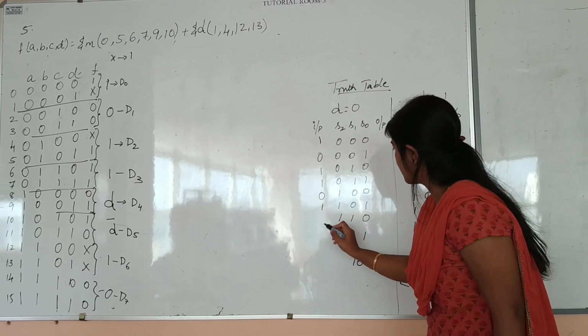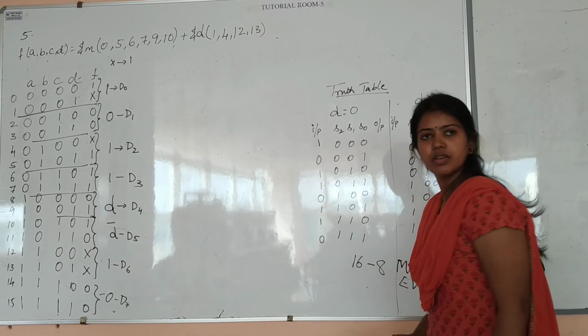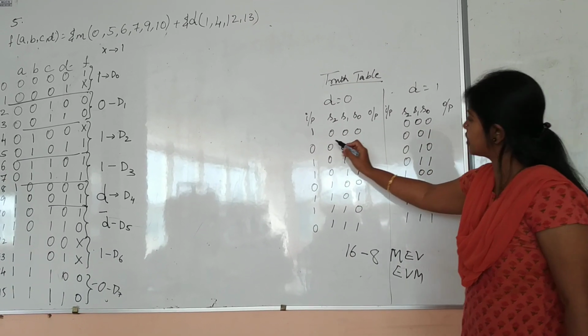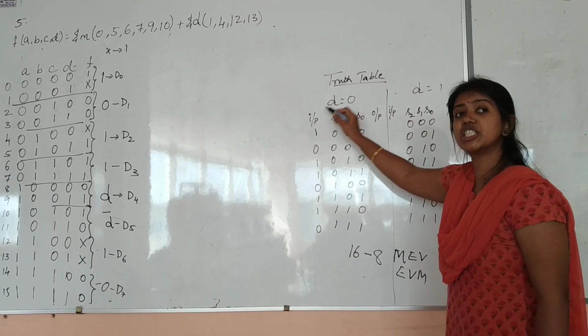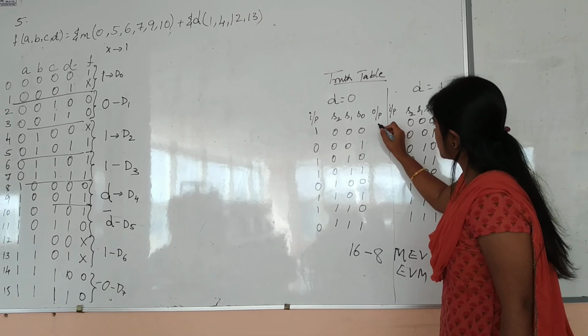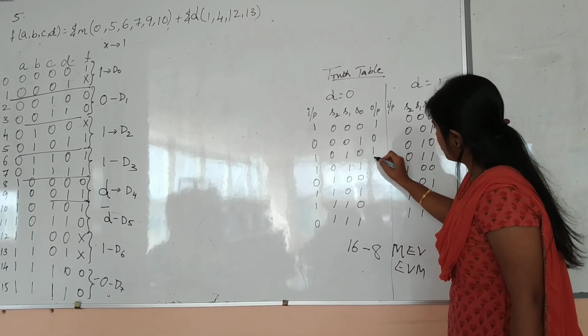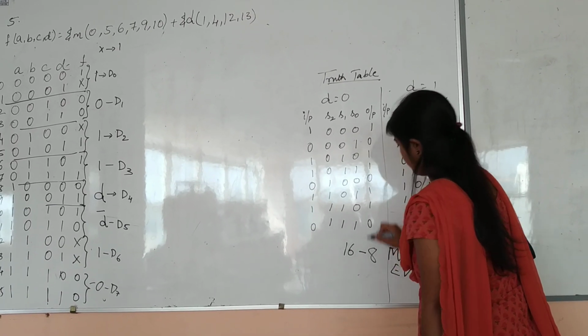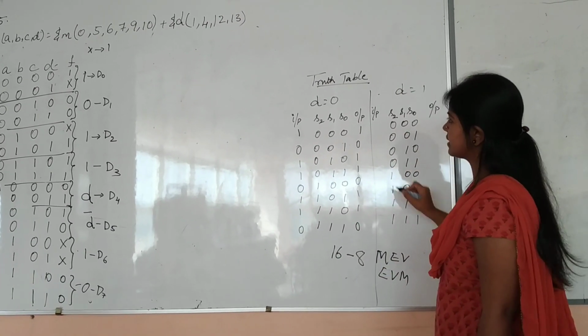Okay. So next 1, 0. So your input will be same as output. Correct? When your select line is 0, 0, 0, this input goes to the output. So this will be 1, 0, 1, 1. You can copy from this column. Okay. So similarly, how do you write this one?